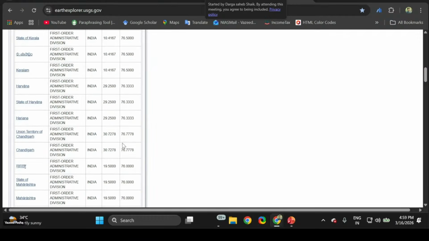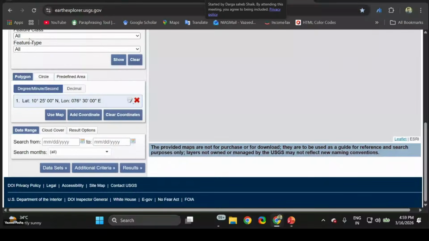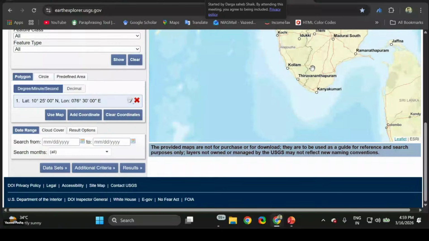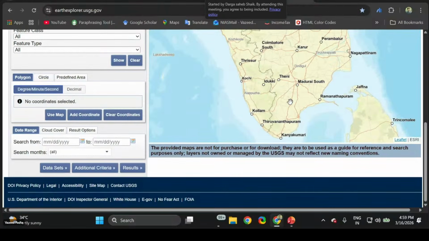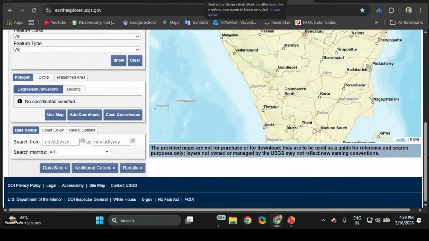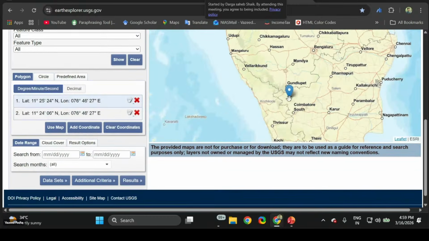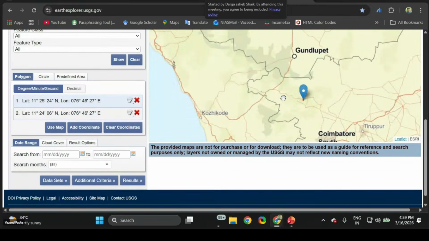See, for example, this is one state, Kerala. Just click on state of Kerala, automatically it is redirected to Idukki, Kollam, this one. But if you want Kollam directly, you can take this. See, automatically the lat longs have been taken. Or if you have a predefined area, you don't want all these, you want Madumalai Wildlife Sanctuary. There is an easy option. Madumalai is here. Hope you can understand.